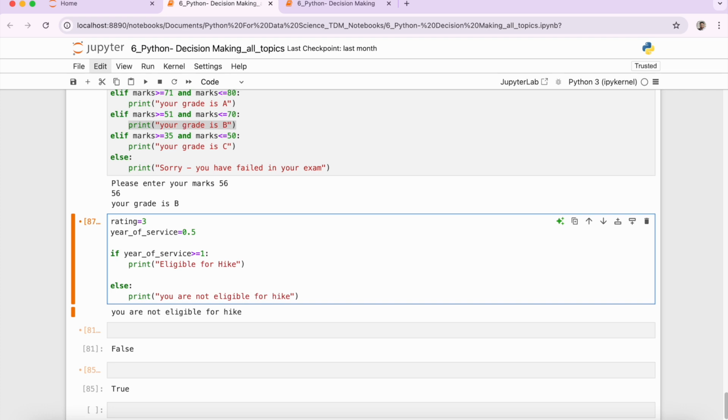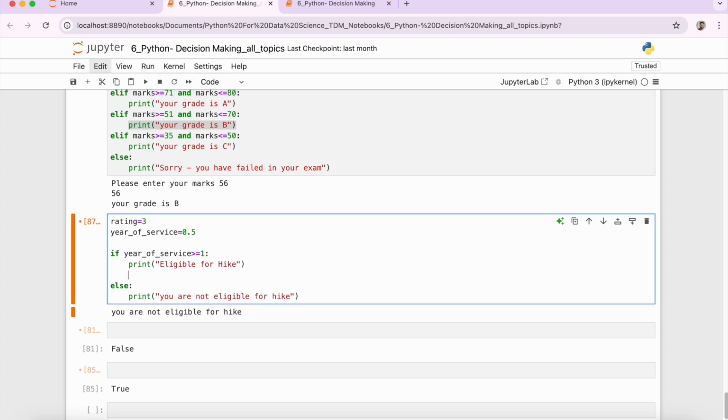Okay, if your rating is 1, we are going to give you 100% hike. If your rating is 2, we are going to give you 50% hike. If rating is 3, we are going to give 30% hike. If rating is 4, then we are going to give 20% hike. And the last rating, which is rating 5, we will give you 10% hike. Okay, like if I would get 100% hike, I would be happy, but that's a simple scenario that we can come up with, right? Okay, so within this if condition, I can write another if condition using the if-elif ladder